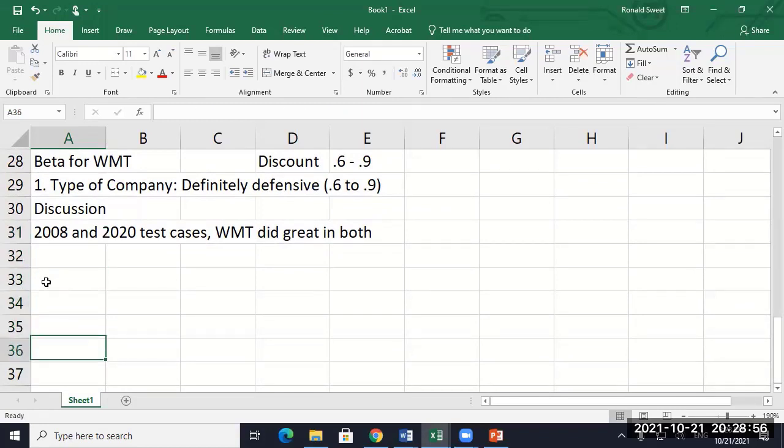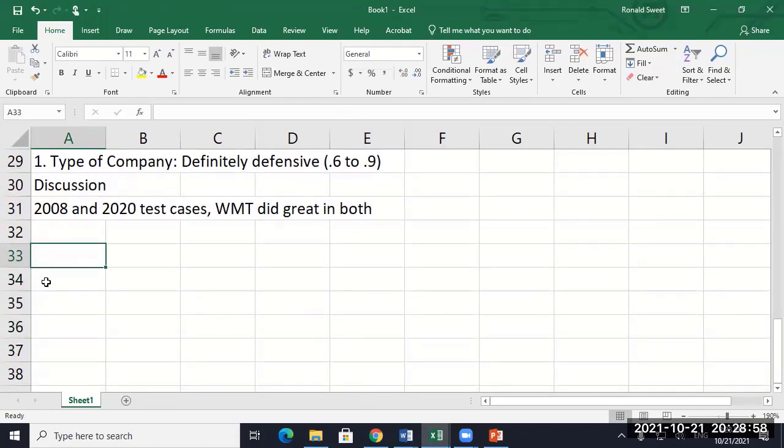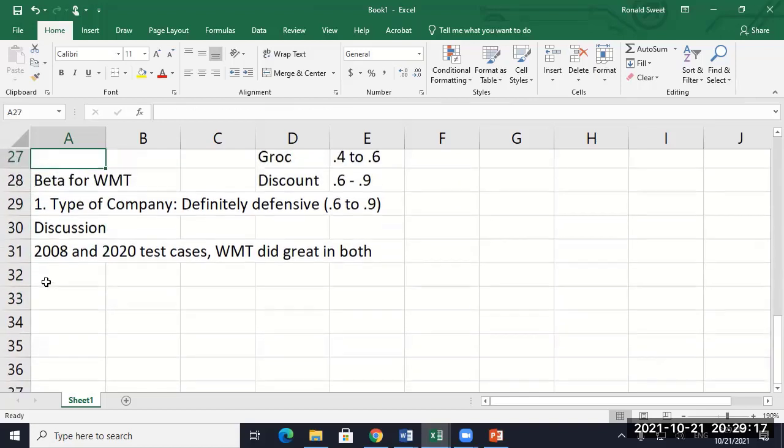Yeah, Chipotle, you won't have that problem. Definitely 2020 was probably pretty horrible for them. And you have to be careful a little bit, because we're talking about the noise of your company. There could be a reason why they did badly in 2008. It had nothing to do with the financial crisis. They just did something else. So there is that systematic versus unsystematic issue. But you might do that if you wanted to.